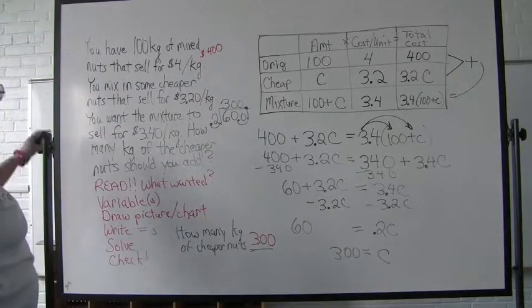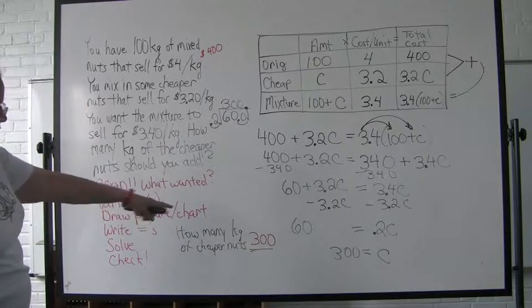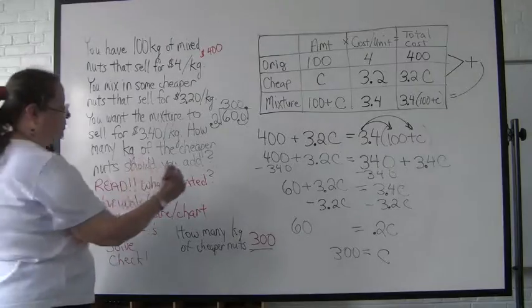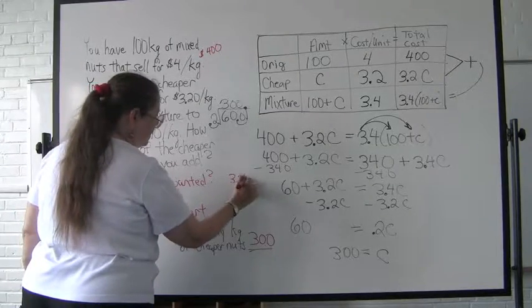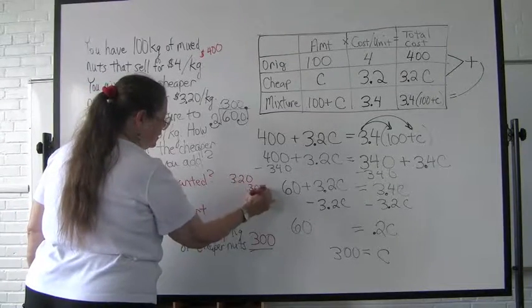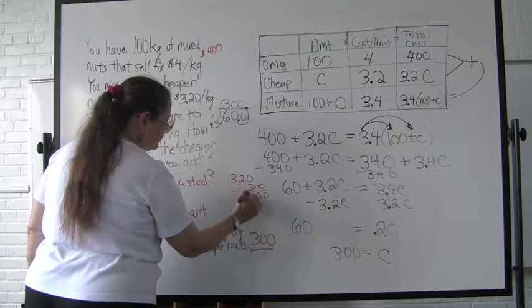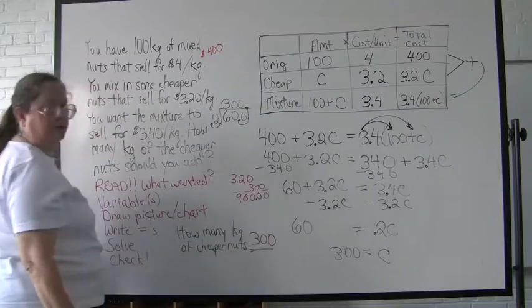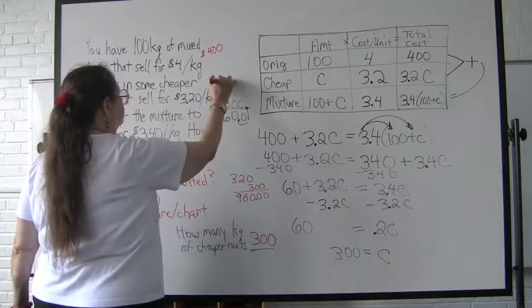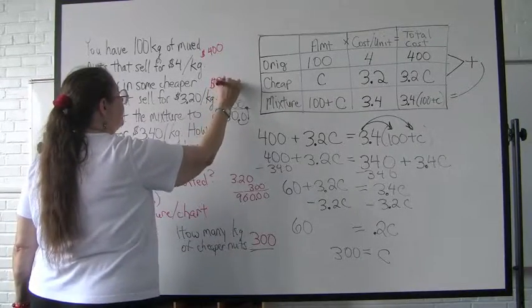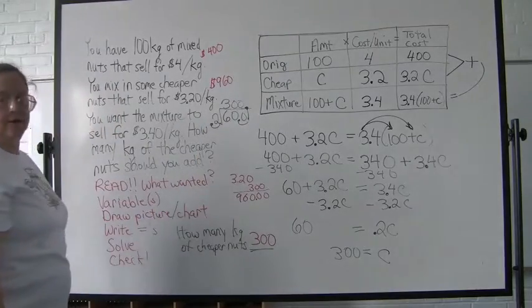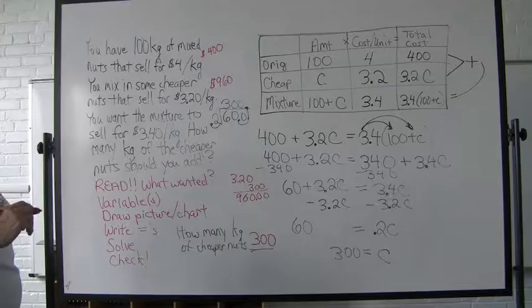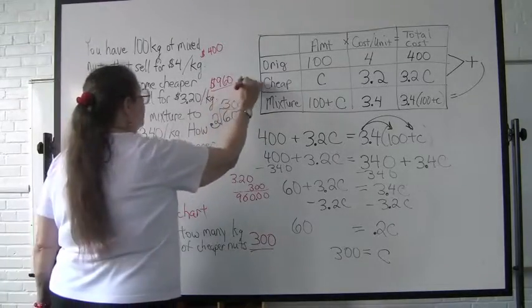All right, and then if we add 300 kilograms of the cheaper nuts, let's see, 300 times 3.20 gives us what? $960. Okay? And if we add those two costs together, 960 and 400, that'll give us